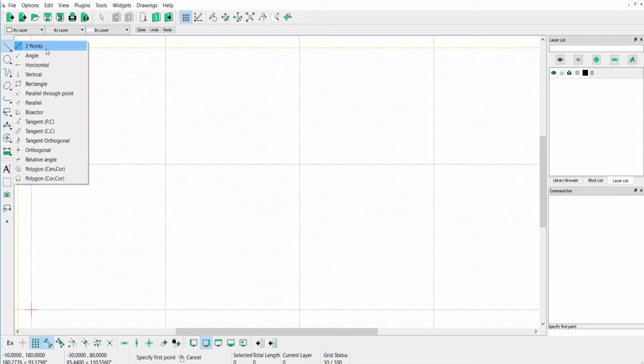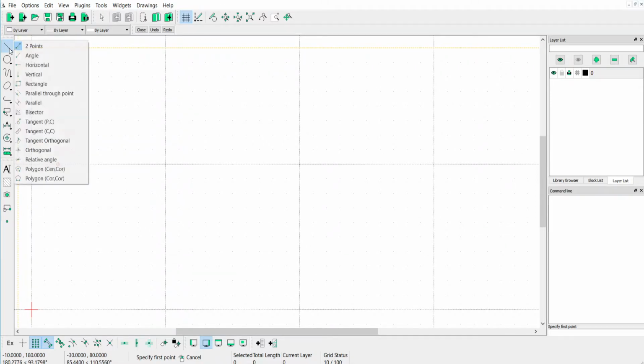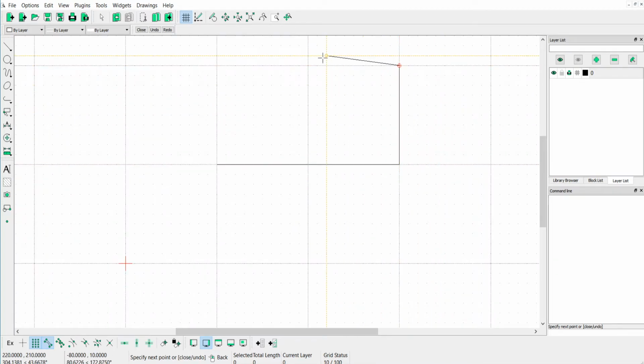To draw a straight line, a 2 points line, click the left mouse button on this line icon and choose 2 points, with the snap on grid option and snap on endpoint option. As you see, I'm drawing the basic lines and snapping on the grid, but I want to make a line